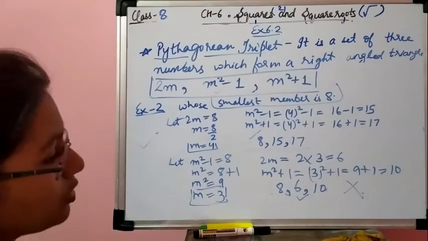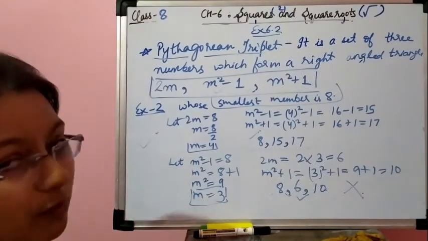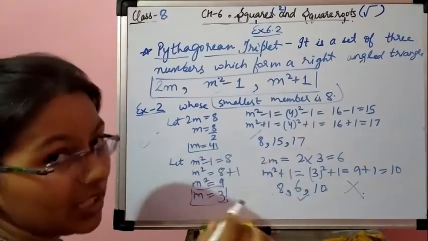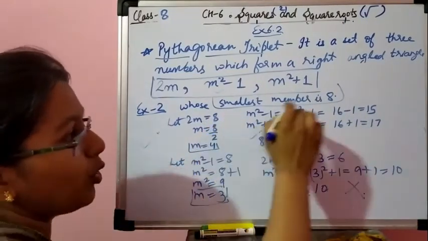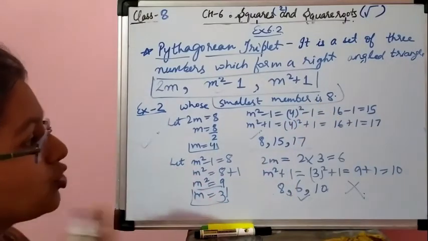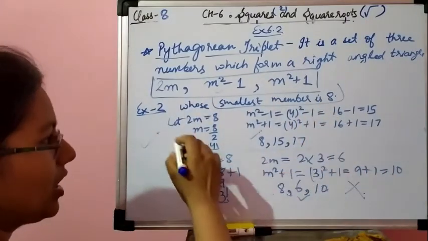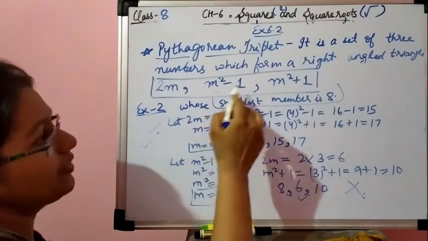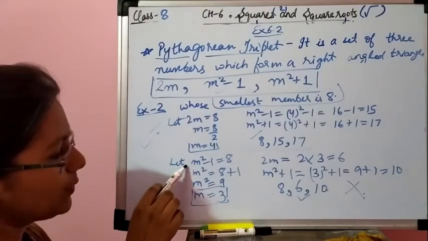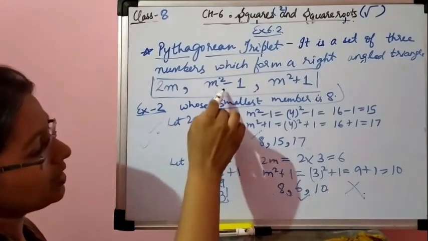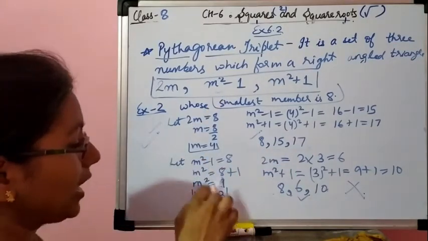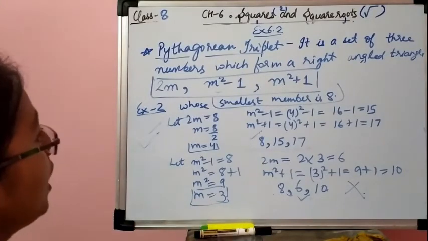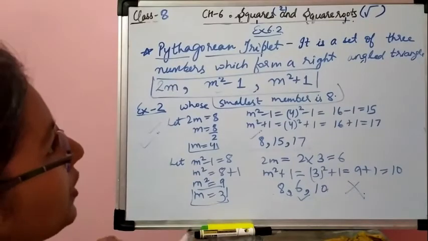If there is a third possibility other than these two, so you have to check for that also. Okay. So you have to keep in mind that if in the exam the question is coming that the smallest member is 8, so you have to check for all the possibilities. This you will check first if the given number is even, or if any other one is also satisfied. Like here, this one is also satisfied for finding m is equal to 3. So you have to check for all the methods. Now we will do first question of exercise 6.2.